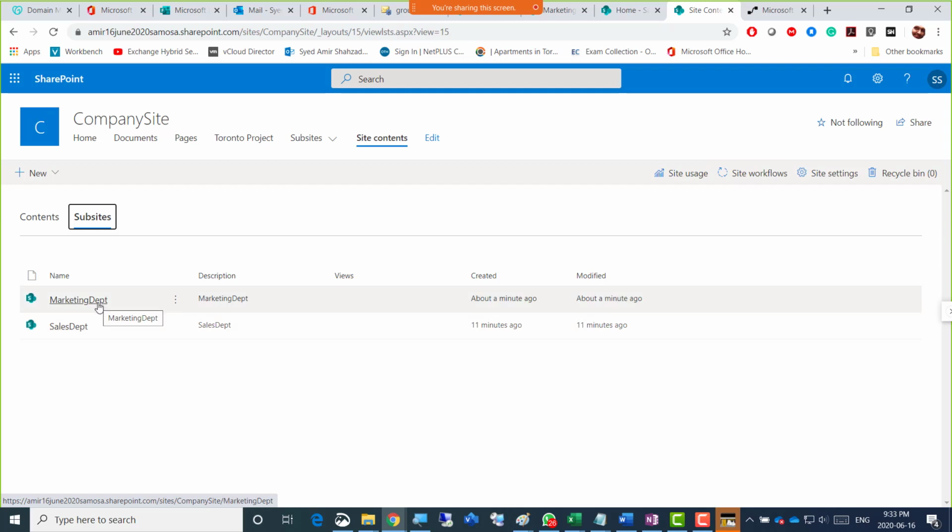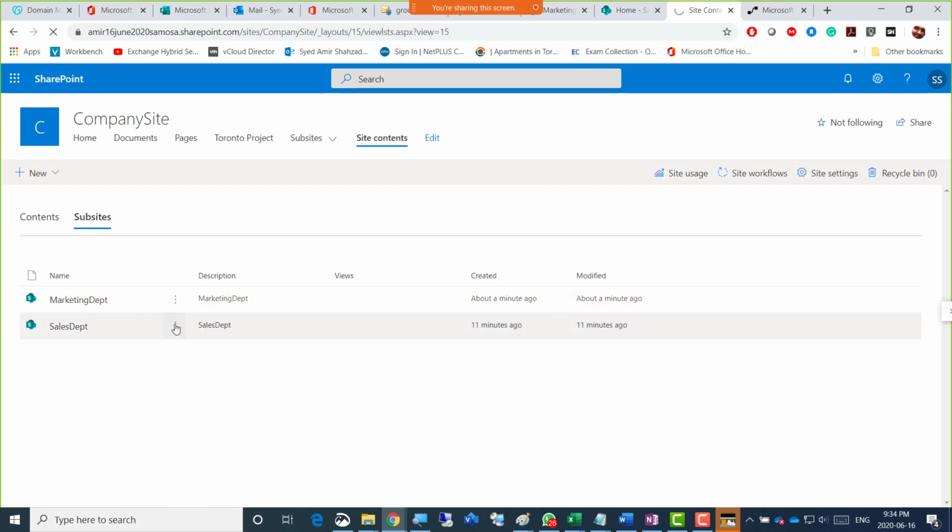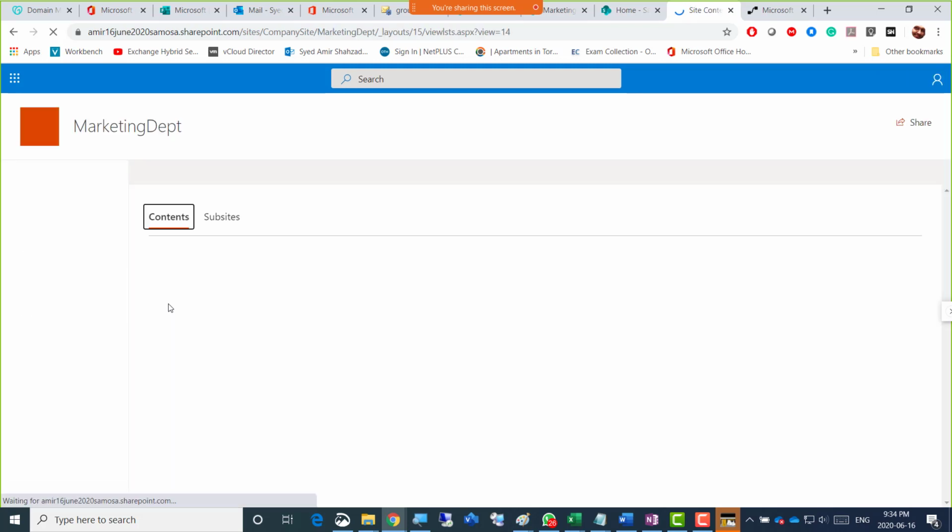So these are the two sites that were just created. If I go to the action, then there's a site contents for these sites as well, right? And this site contents is offering what we can do for this site.